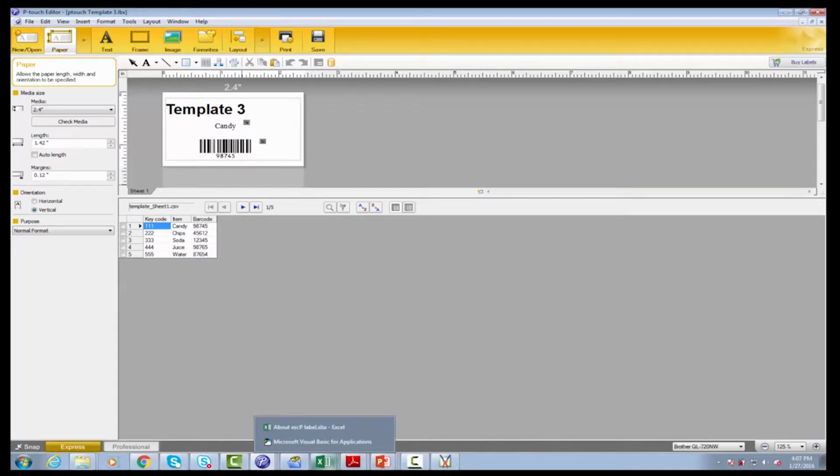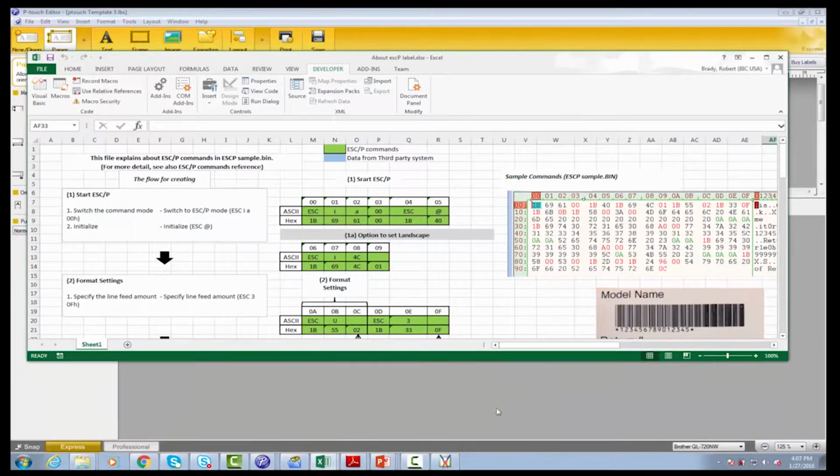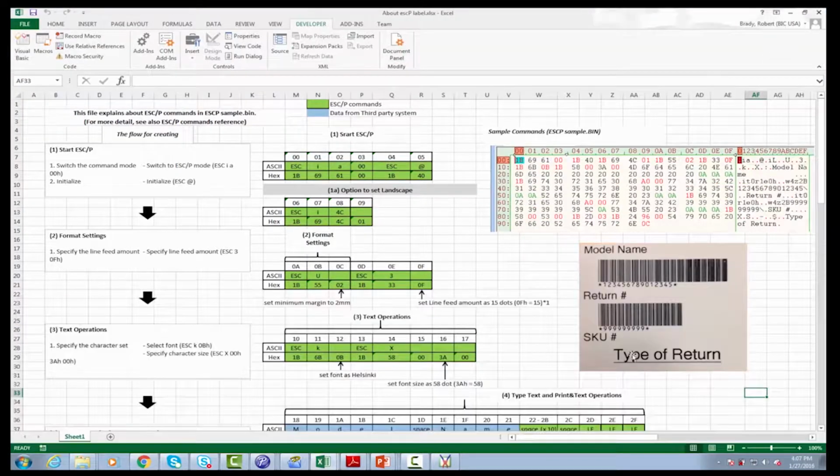The next part that we're going to look at is the more detailed ESC/P command. So in this case, we're not utilizing a template to decide how to put information onto the label. We're actually going to use the core ESC/P commands to build a label from scratch. So in this particular case, we're going to go through creating this sample label over here and showing you exactly the code commands that requires